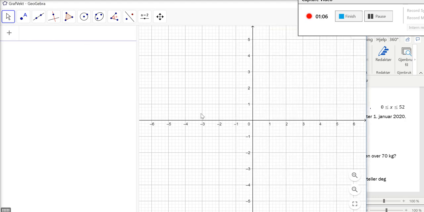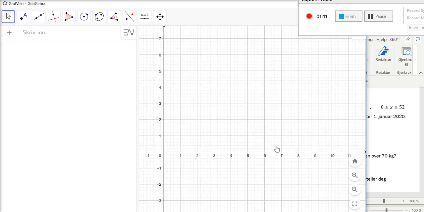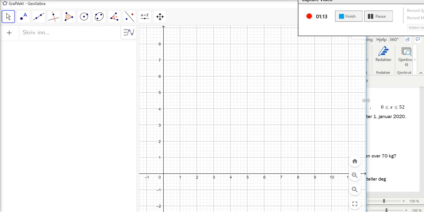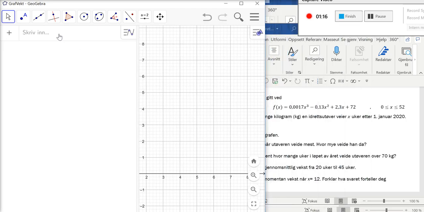So then we just put the function into GeoGebra here. So we just write f of x equals to 0.0017 x to the power of 3 minus 0.13 x to the power of 2 plus 2.3 x plus 72. Right. So be careful that you get the right amount of decimal numbers and so on, and then just press